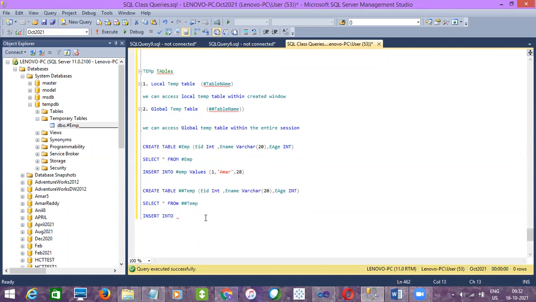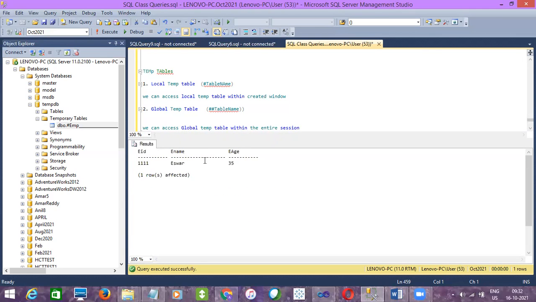Now let me insert values into it. Insert into double hash temp values. I'll just give 1111 and then Ishwar, 35. So I'll insert a record here, and now I can access this global temp table.